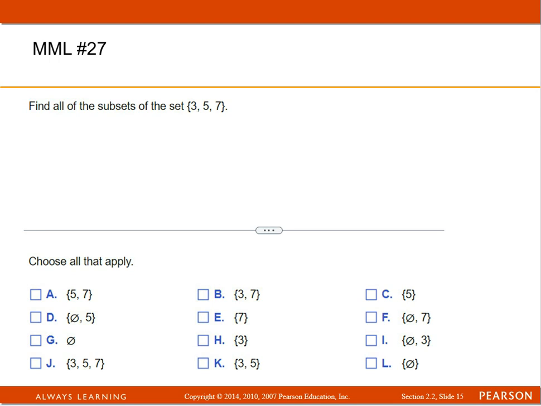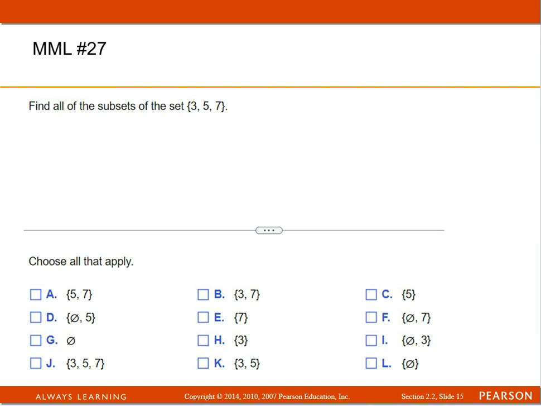All right, this is the last problem. It says find all of the subsets of the set {3, 5, 7}. And it says choose all that apply. Okay, always